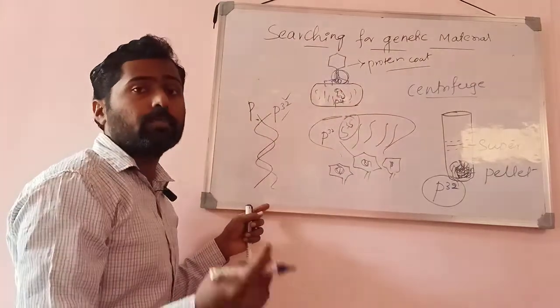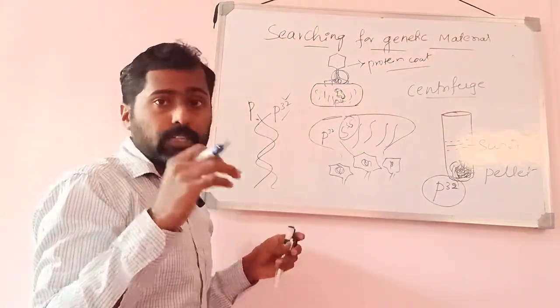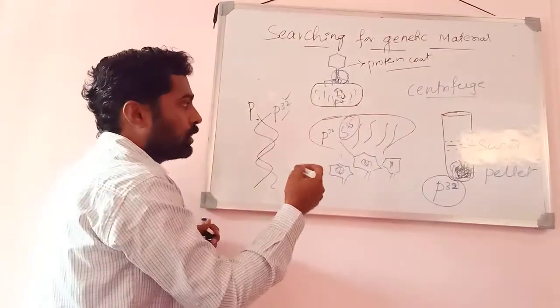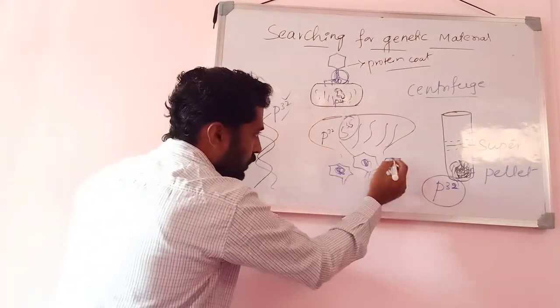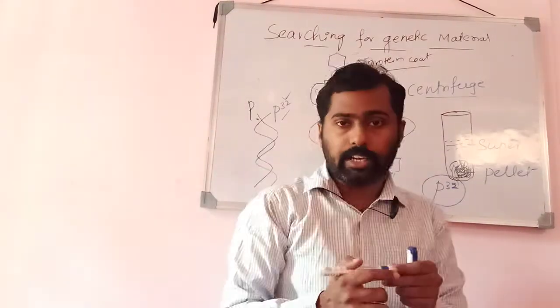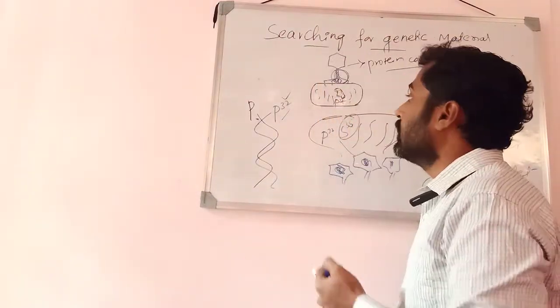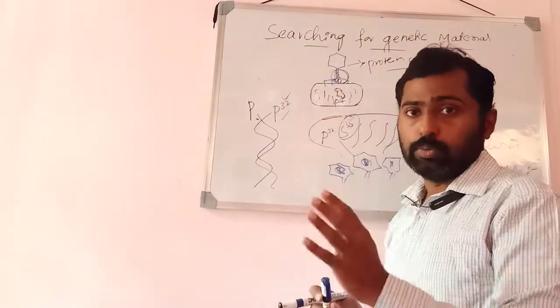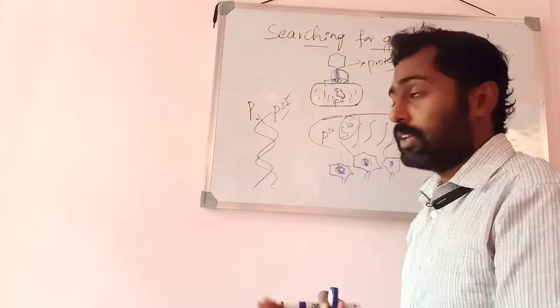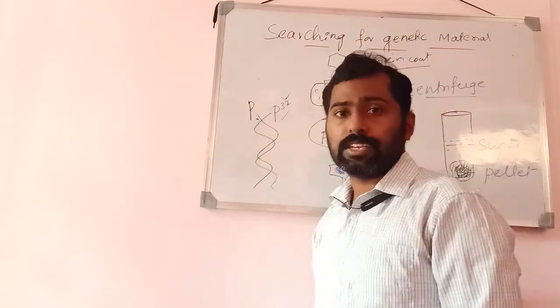P32 comes from the bacteriophages, the DNA that entered first. So among the two strands of DNA, in every virus particle that comes, in that double stranded DNA one strand consists of P32, that is the parental strand that remained, whereas the other strand is newly synthesized here.